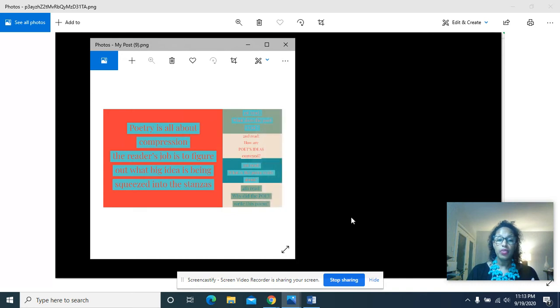But what we're going to focus on now is this question here. I don't know if you guys can see it, but the question is, why did the poet write this poem? Okay. We want to know why. So that's what we're going to unpack today. We're going to unpack this poem and understand why the poet writes poetry.